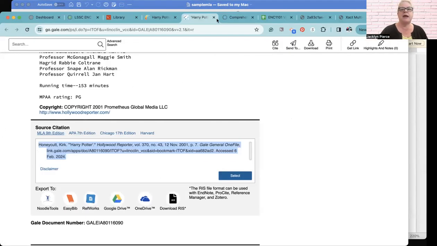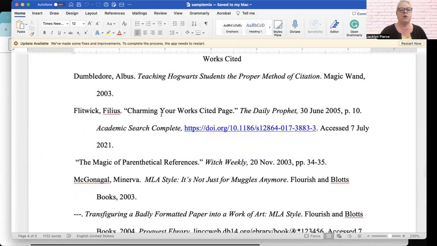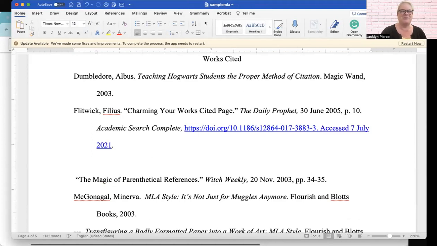Now, this one was by a gentleman named Kirk Honeycutt, so we're going to put it in alphabetical order to start. You can sort things, but if you're just adding one, why not put it in order? Okay, I always have to do my alphabet. Now, one of the things that's interesting, and I don't want this to be a link, so I'm going to say don't do that. One of the things that's interesting is if you just paste that in here, it's going to mess up the formatting.